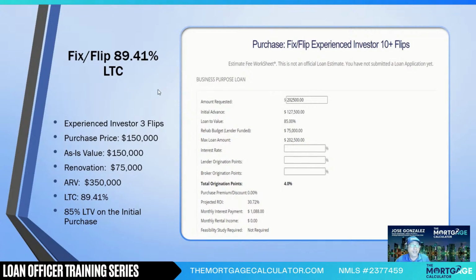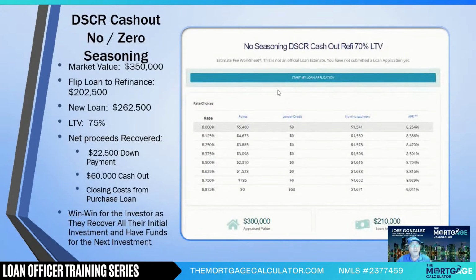So then, obviously, we already gave them this deal, right? But this is what we're talking about here. This is what you got to do up front, and then this is what you're going to offer him in the end. A zero seasoning DSCR cash out refi. So, and this is where we break it down, right? This is where the investor is going to be ear to ear smiles, right? Because you're giving him this amazing option here,